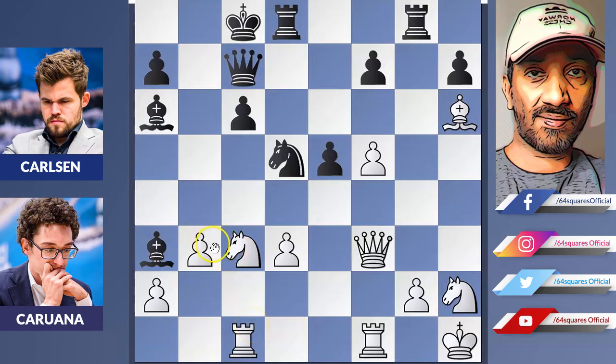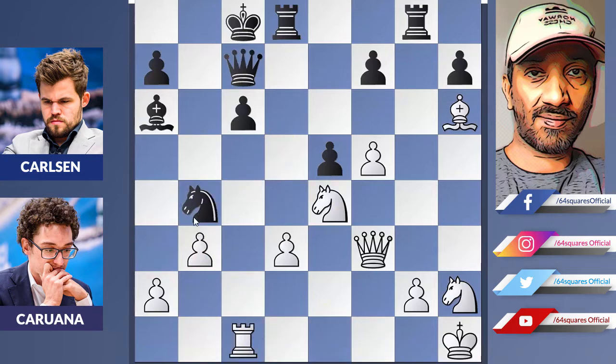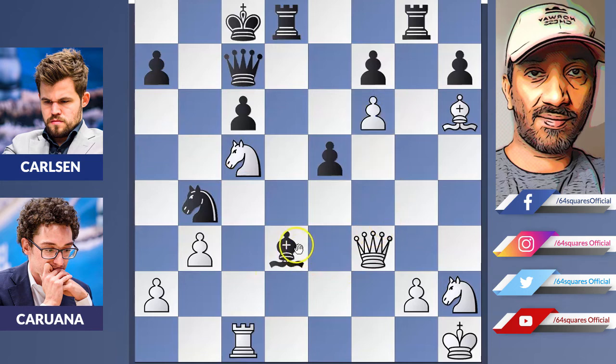So what Fabi plays here is knight to e4 instead of moving the rook on c1. He's not bothered about trading. So now Carlsen takes the rook on c1 and rook into c1, and knight to b4, knight to c5, attacking the bishop on a6. And now Carlsen decides to take the pawn, bishop into d3, and now f6, bishop to b5,